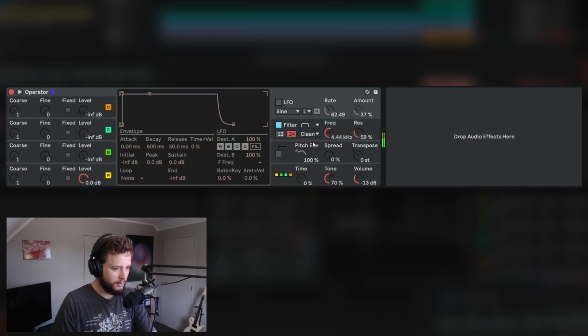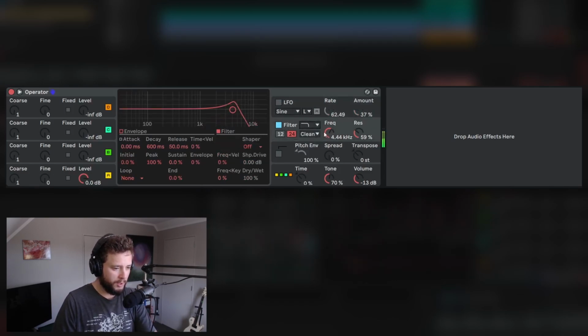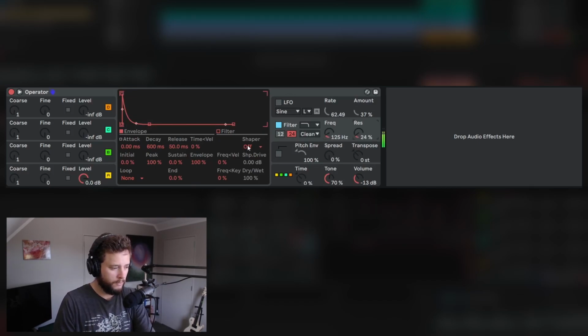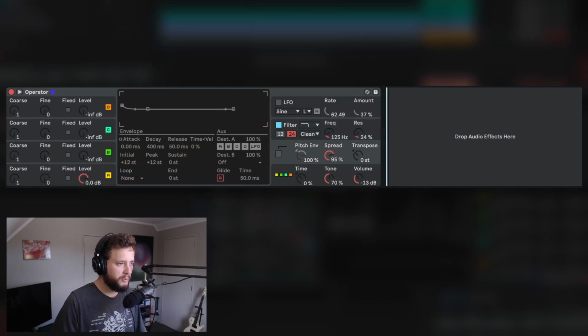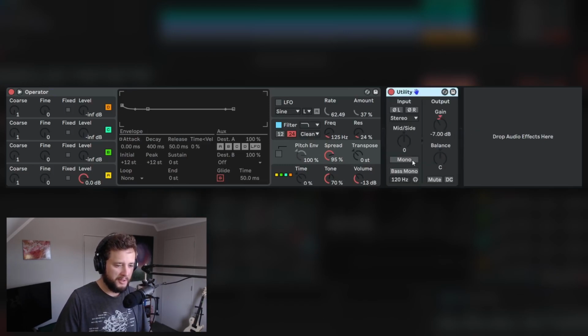So go to a low pass filter. Enable the envelope. So that's a saw wave pluck. We can also add some spread. And then after we add the spread, we could add a utility at the end and then mono it back